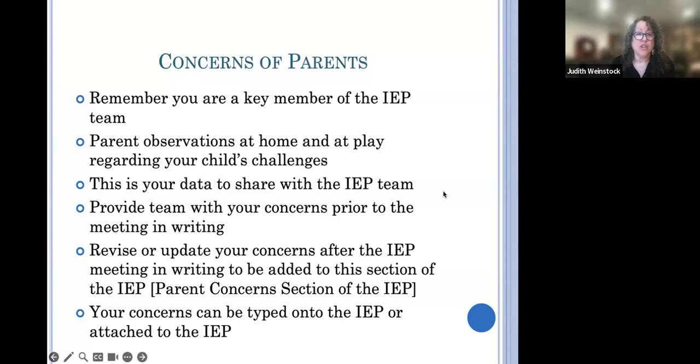But it's really important. The law specifically designates parents as very much a key member of this IEP team. And like I said, in the IEP forms, there is a section for parent concerns. And this is your opportunity to share what you're seeing, what you are identifying as your child's struggles. And also, as you have several IEPs in the future, you can also monitor their progress and comment on what you think are your child's strengths, but also if they're making progress, or in your observations, they don't seem to be making progress. So with that, I will hand it over to Denise.